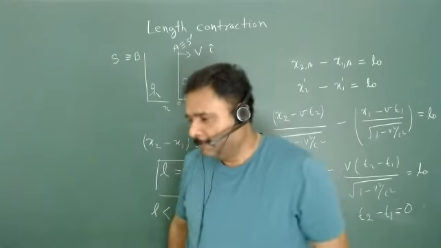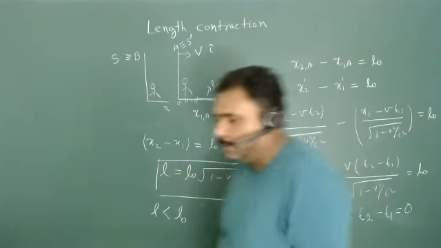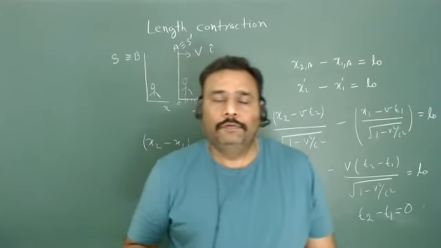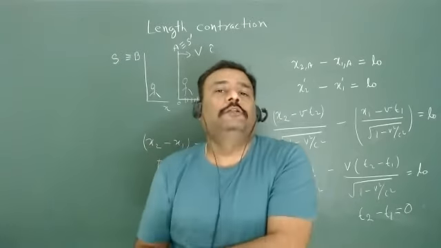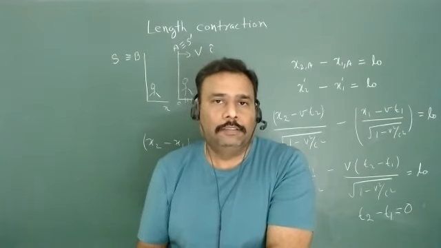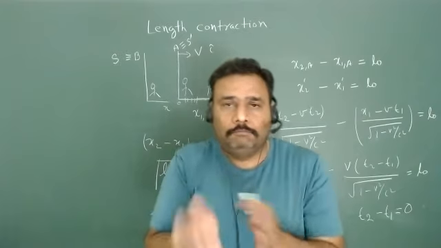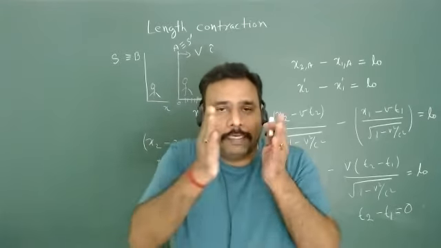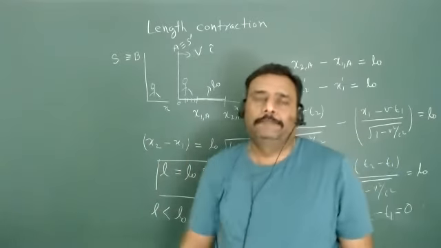है ना? So this is the thing. So why we are just taking T2 minus T1 is equal to 0. Listen, physics is entirely different thing. Whatever you perceive, whatever you see, you have to convert it into mathematics. You cannot neglect your perception. Your perception is very important, and you have to mathematically design your theory such that you can reveal your perception in a mathematical term. And this length contraction is something like this.